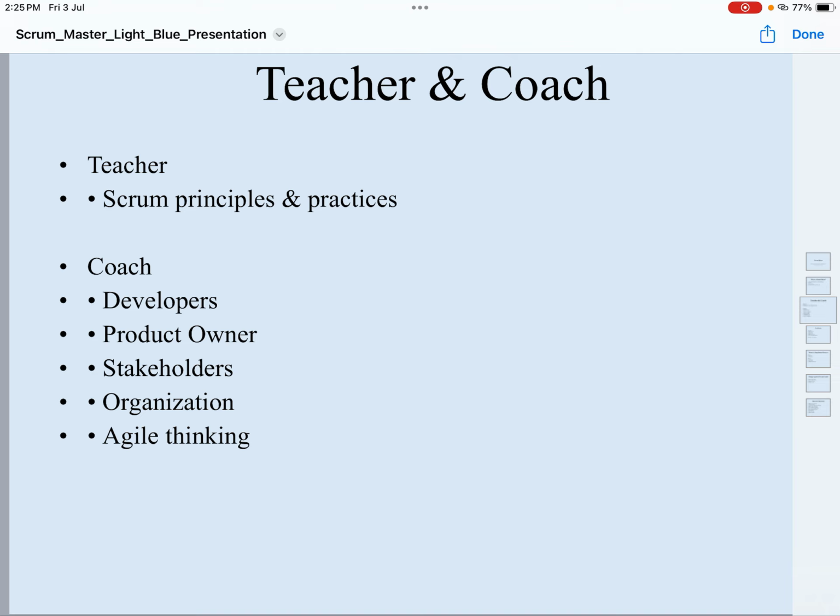Similarly, if we talk about stakeholders, how will you, as a Scrum Master, coach stakeholders? Let's take the example of the sprint review. In the sprint review, we demonstrate whatever increment we have made, whatever working software we have created throughout the sprint, and we showcase it to the customers, to the stakeholders. If stakeholders are just sitting passively and listening to the developer who is demonstrating it, it is your duty, being a Scrum Master, to ask these stakeholders